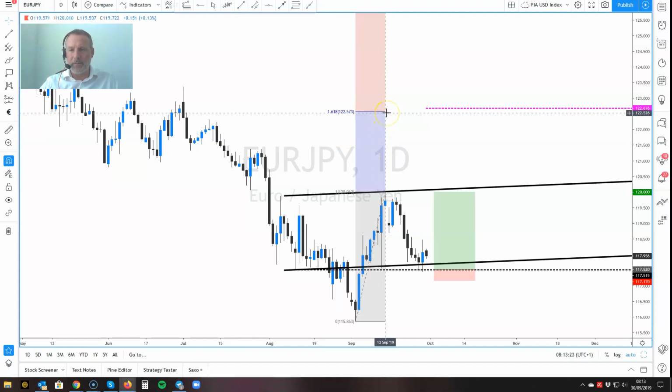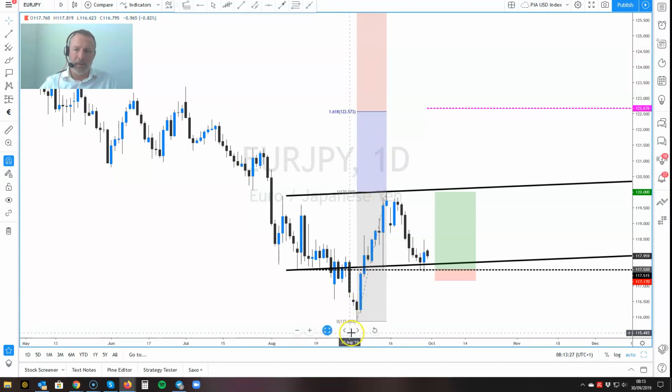We've got a fib level at 122.57. That's a 161.8% fib of this move. That would highlight that this move to the downside has been corrective, and hopefully a second wave, so wave 1, wave 2, and then the impulse move higher. I've got bespoke resistance very close to there at 122.67. So I'm looking to buy a dip today,